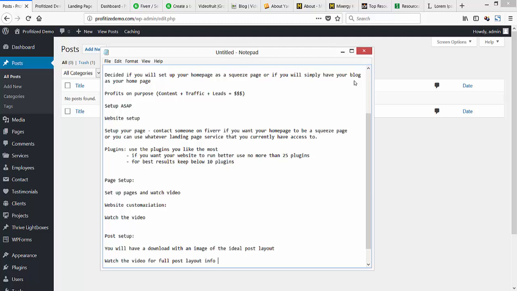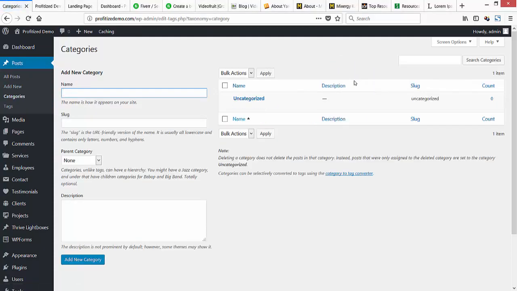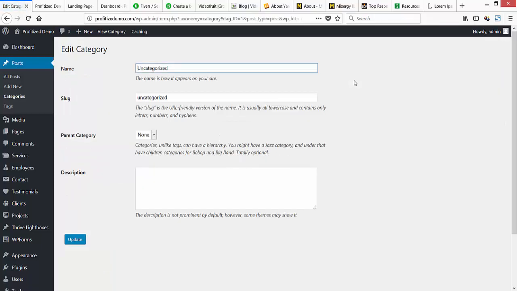Okay. So how I like to do the post, the first thing is I want to go into categories. So I just click on the post tab and then click categories. And you want to create your category. So the first you're going to have, everybody's going to have this uncategorized. We want to edit that. And then just pick out whatever your top